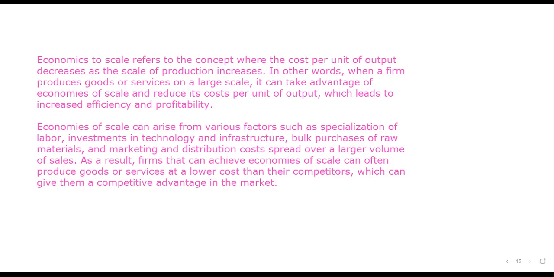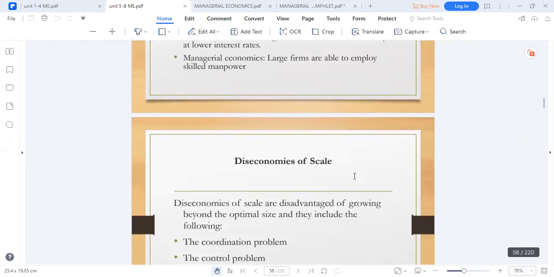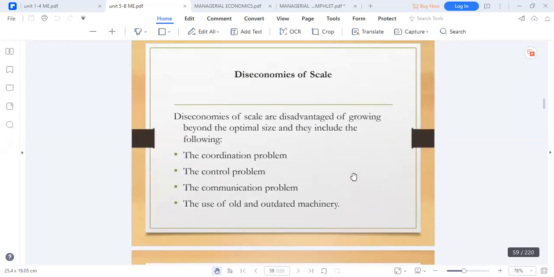So internal economies of scale will be characterized by the following. We have purchasing economies, where they are able to purchase in bulk and earn discounts from firms. Marketing economies, where large firms will be able to market their products effectively and efficiently. Financial economies, where large firms will be able to raise huge sums of money at a very low interest rate. And managerial economies, where large firms are able to employ skilled labor that will boost their earnings. We also have what is called